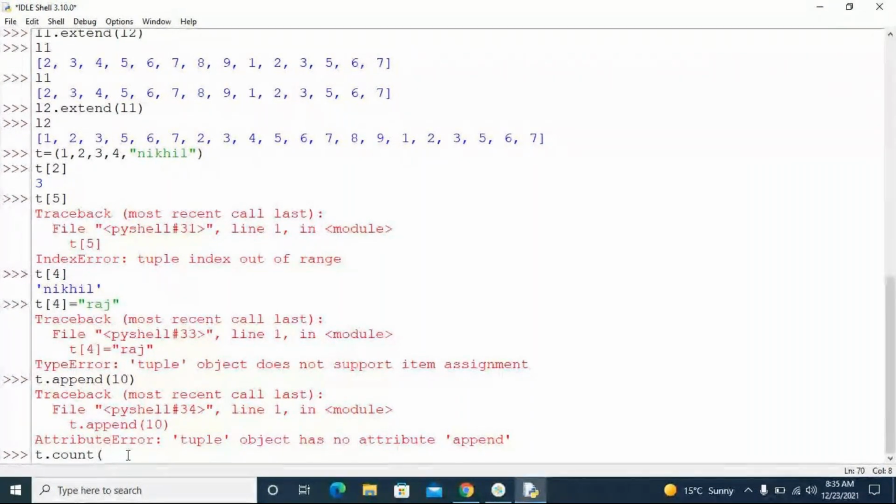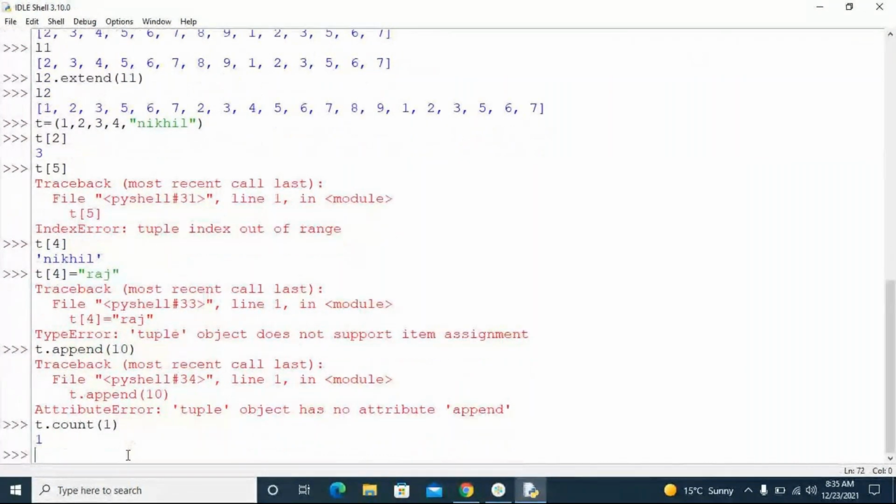Count is not going to change anything, right? Count is giving you one. So what is that? It says how many times one is repeated. One is repeated only once in my tuple. So count is not going to change anything. Count is just to get the count of what is already there in the tuple. You're not doing anything inside the tuple. You can also give the count of Nikhil.